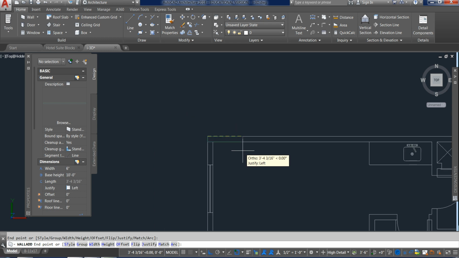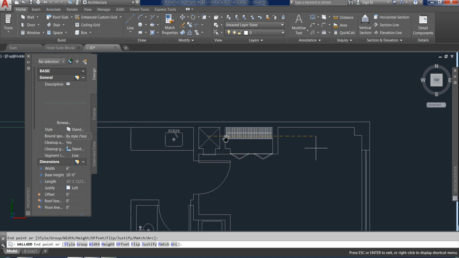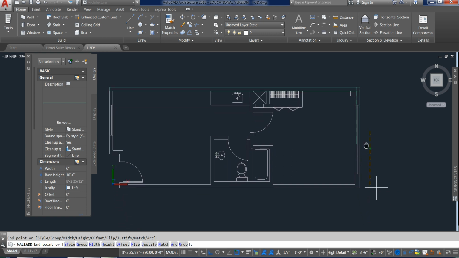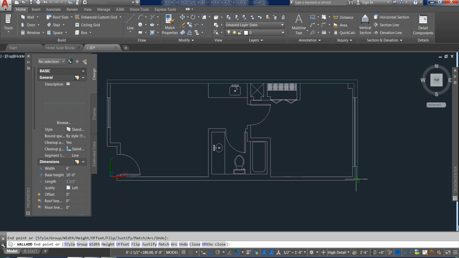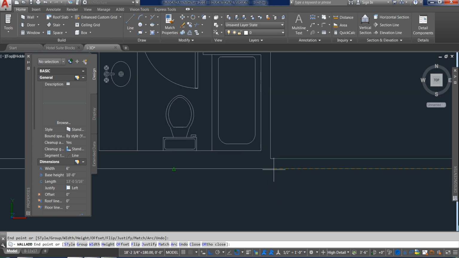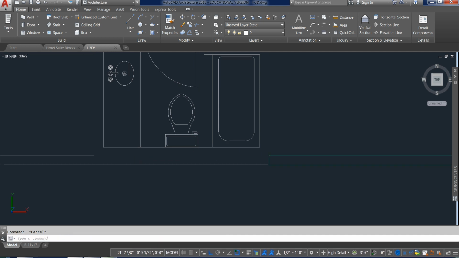So now I've toggled into a left justify, and I'm going to go clockwise. So I'm just panning around. I'm going to skip the column for now, and I'm actually going to just trace this wall as a 6-inch wall for now. This one I'm going to go ahead and stop and then do another wall segment.